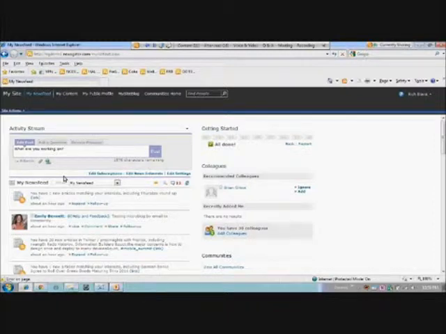This is the user's dashboard into SharePoint as a platform. This is where they're going to see news articles surface. They're going to see microblogging. They're going to see events and activities that occur inside these SharePoint communities. And they have the ability to microblog and post things that they're working on.